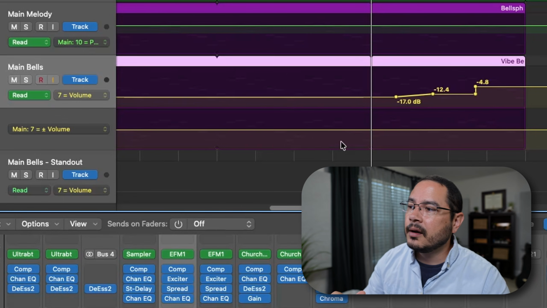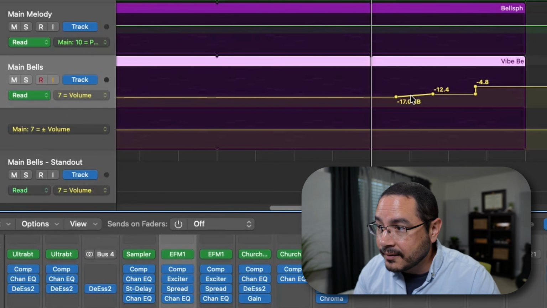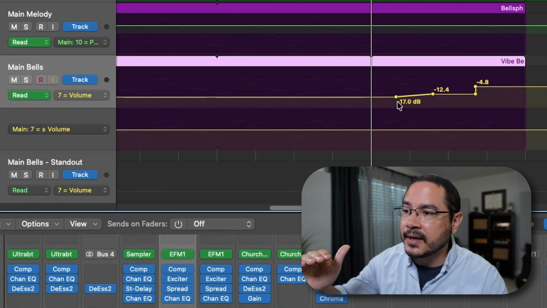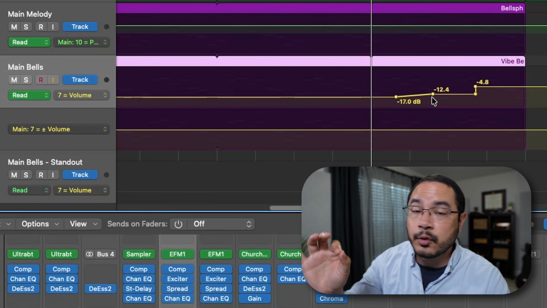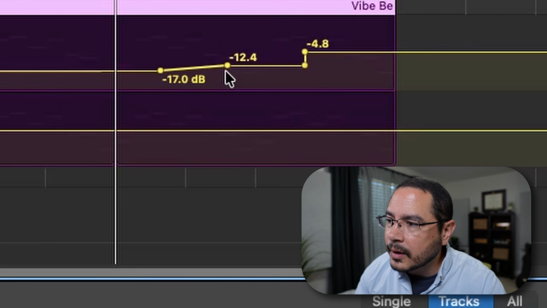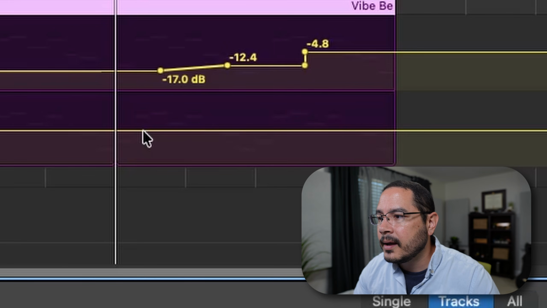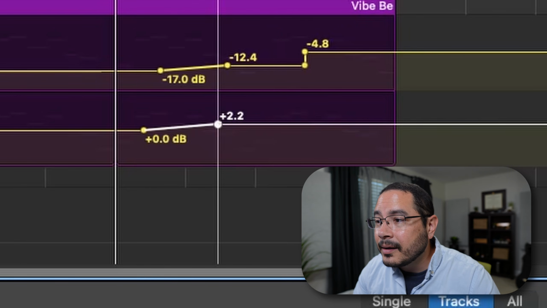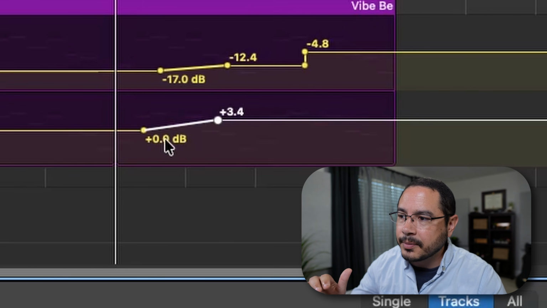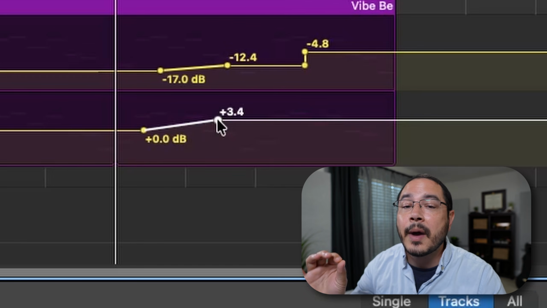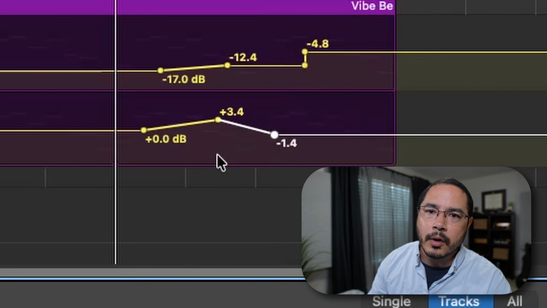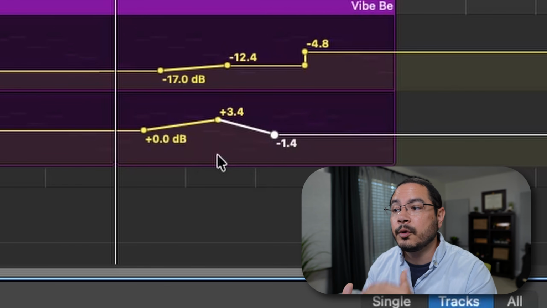But the difference is on the absolute side here with the data I've got, it's saying, hey, at this node, move the fader exactly to -17, make it climb exactly to -12.4 decibels. These are the exact values I want you at. On the relative side, what we're really saying is, hey, climb from where you were. It doesn't matter where you were. You weren't at 0. This is saying no change, but I'm saying it doesn't matter where you're at. I want you adding 3.4 decibels. Then I want you subtracting 1.4. From wherever you started, it's relative to where you started.